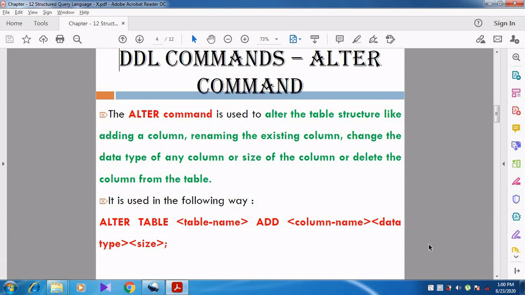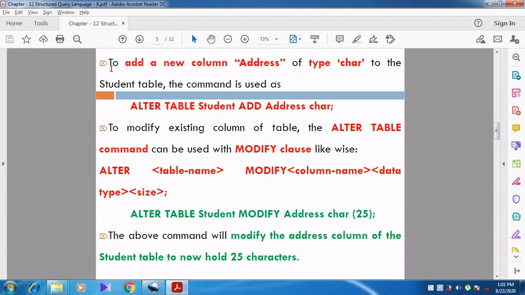Now we can see the example. To add a new column, address, of type character. We already have a column called place in the existing student table.